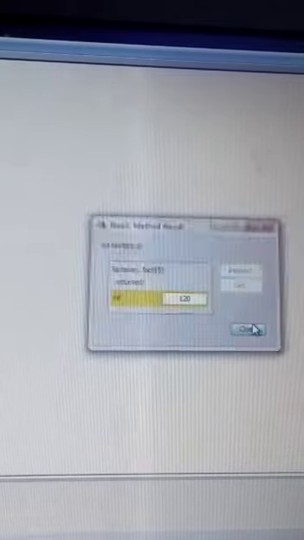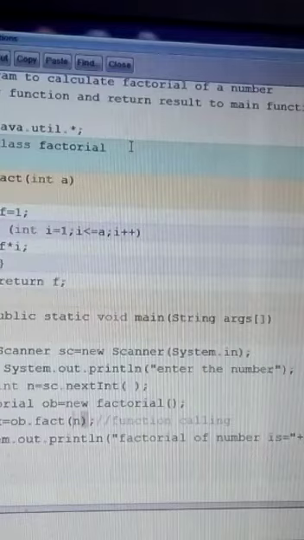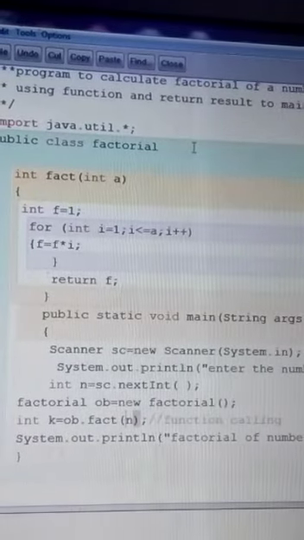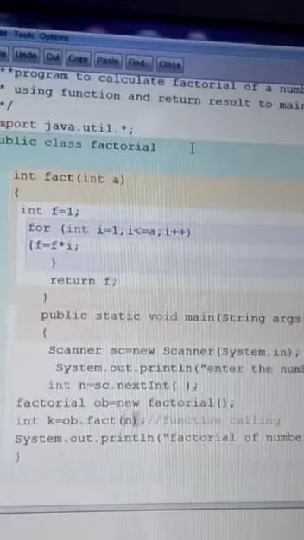So in this way also you can run your program. These are the two methods to run your program. Try to see the coding, the entire coding is given over here. Check it once, the coding of your program.